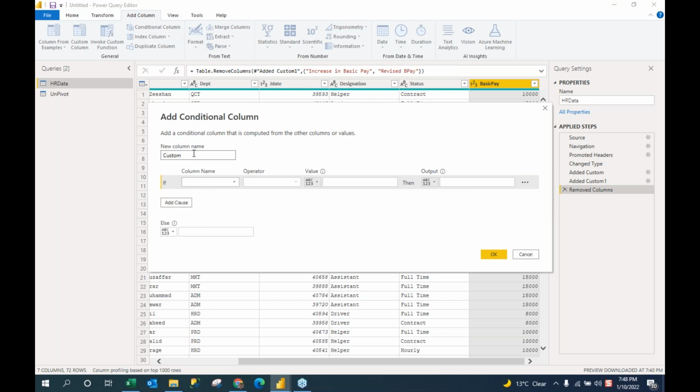Then in the additional column we have new column name. Maybe call it revised basic pay. Now the column name is the basic pay. Now I'm constructing a calculation, the logical framework, and that is that if the basic pay is greater than or equal to 20,000, then the increment should be applied. So if the basic pay is greater than or equal to 20,000,